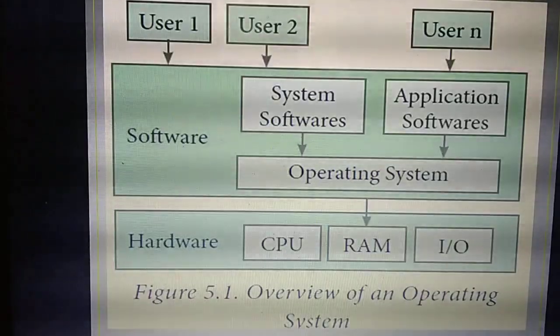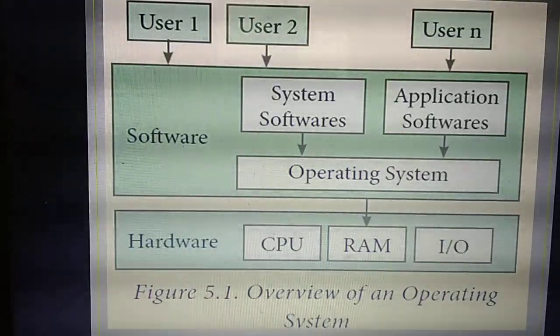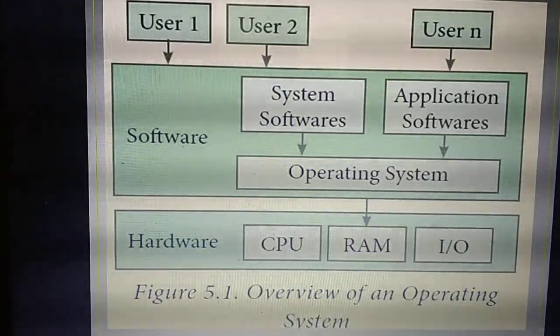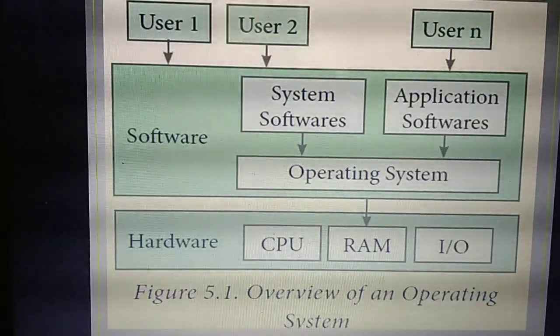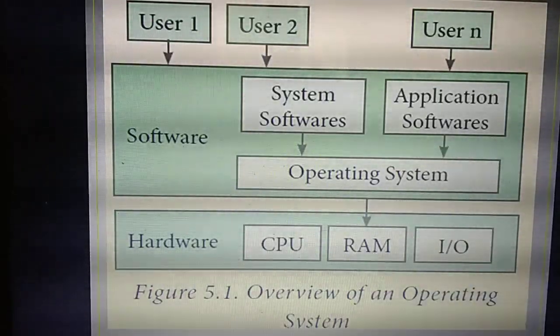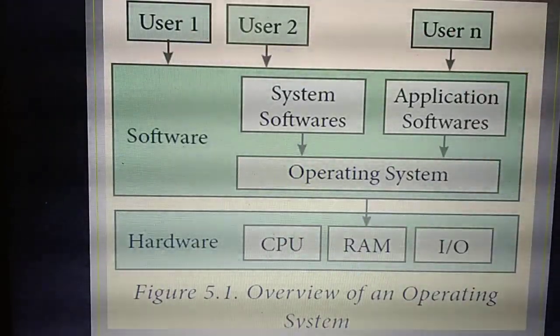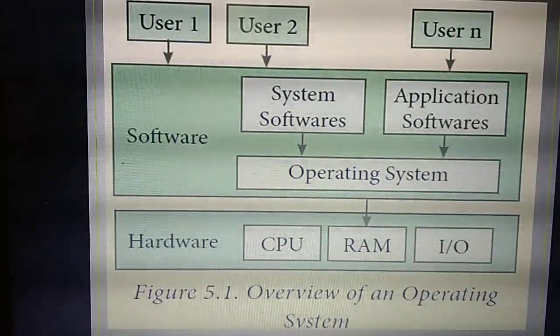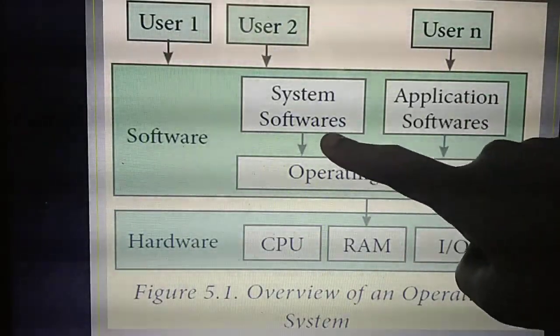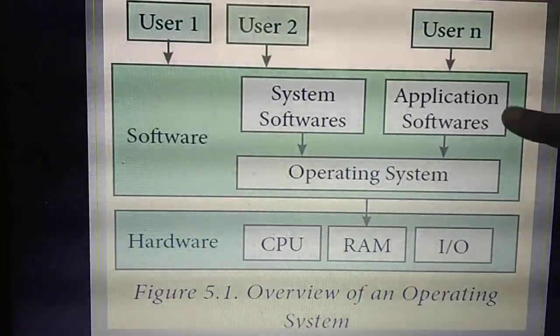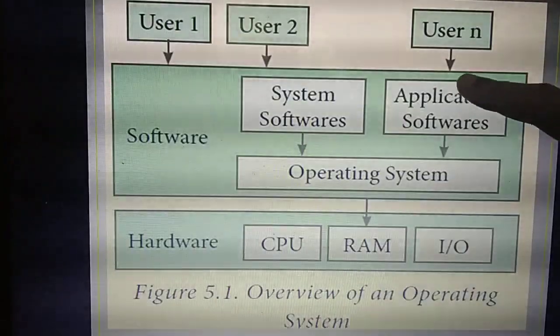So the user is going to use which software? The user is going to play some video file. Maybe he will use YouTube or VLC media player or any one application. So immediately on the system, one screen will display. That is called what? Operating system or OS screen. That you have already studied. So system software is on. Then the particular user is going to view a video file. That is called what? Application software.